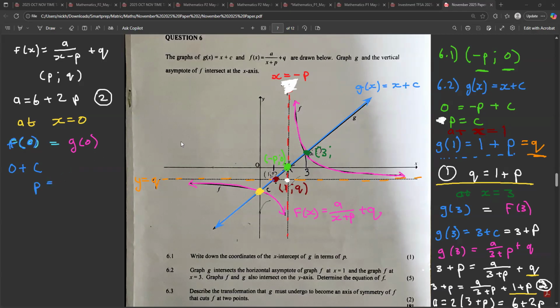g of 0. Now for g of 0, we substitute 0 into our f of x, right? So g of 0 will be a over p plus q. Okay, but now we do know that q is equal to 1 plus p, don't we? So we can say